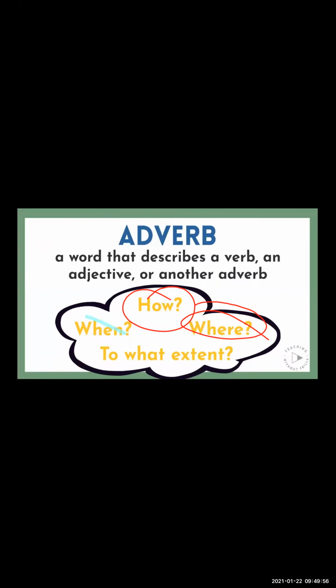So be attentive when I'm giving you the examples and definitions. I will repeat the definition: an adverb is a word that describes a verb, an adjective, or another adverb. So what three things can the adverb describe? It talks about the verb. It talks about an adjective, for example, very beautiful. Beautiful is an adjective of that girl, but how beautiful is she? Very. So it describes the adjective also.